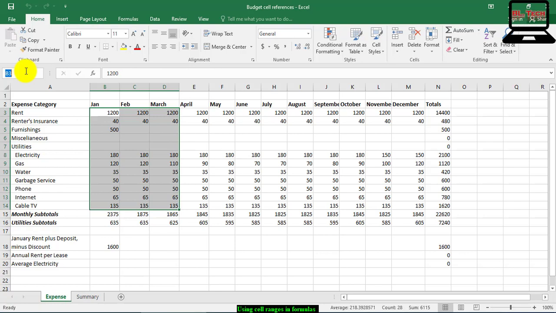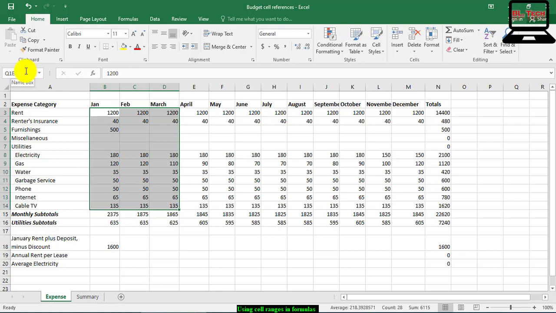Type a one-word name for the list, such as, in this file, you can set Q1, meaning quarter 1 or first quarter of the year, Expense. And then press Enter.